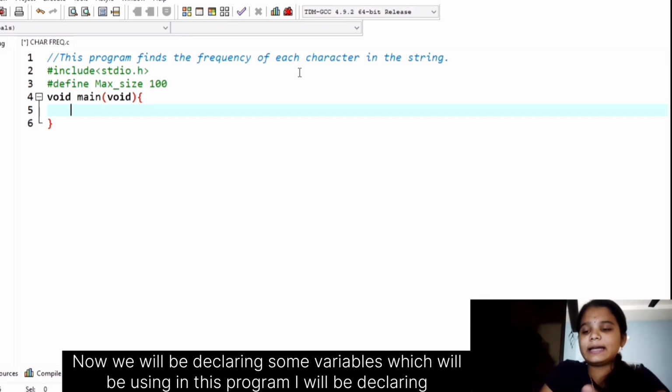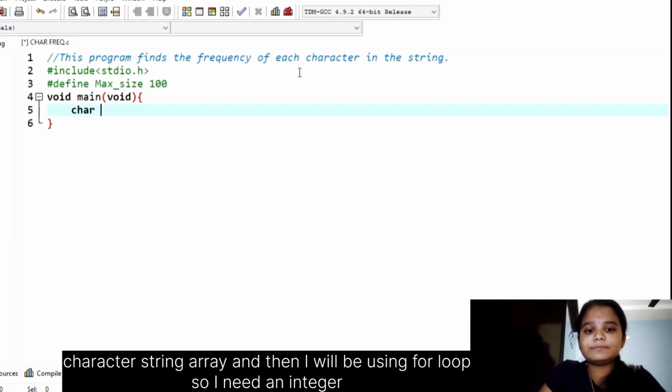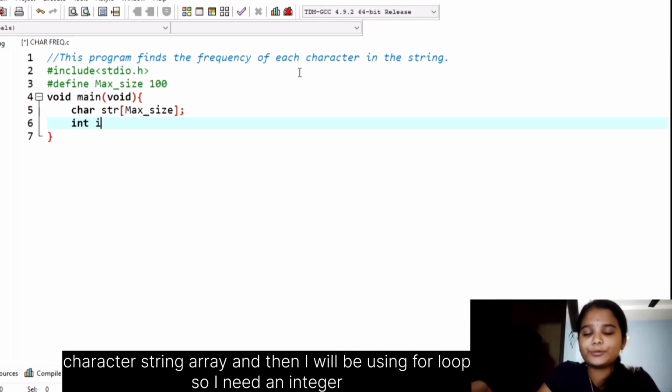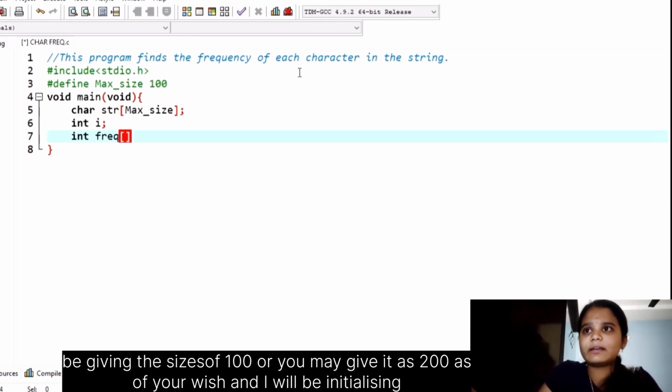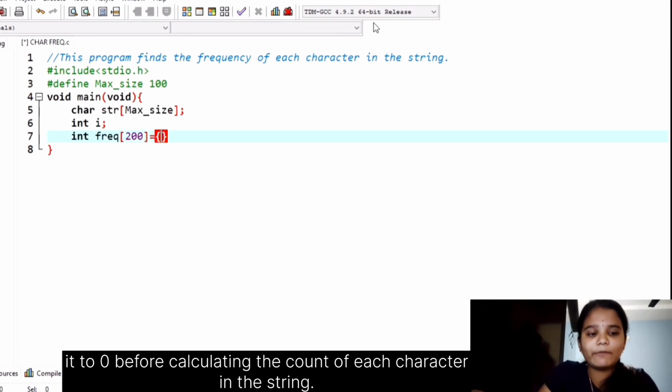I'll be declaring the character string array, and then I'll be using a for loop, so I need an integer i, and then I'll be creating the frequency array which is of integer data type. I'll be giving the size as 100, or you may give it as 200 as you wish, and I'll be initializing it to 0 before calculating the count of each character in the string.